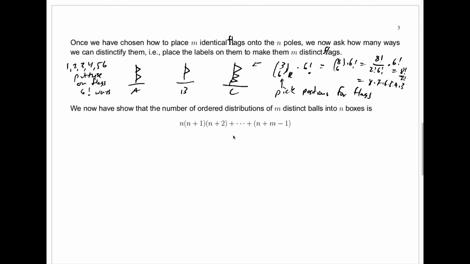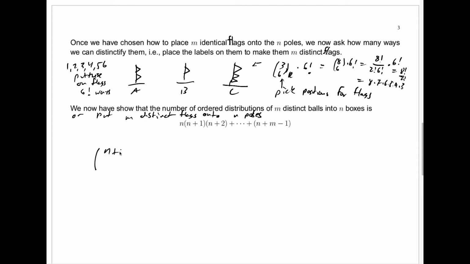Now, here I wrote the answer, but let me say, we now can show, in general, if we have m distinct balls going into n boxes and we're counting ordered distributions, so that the order of the balls in the boxes matters, that's the same as putting m distinct flags onto n poles. So again, order matters, which flags go on top, middle, bottom, or however many there are, in what order they're placed on the flagpole. That number will be,